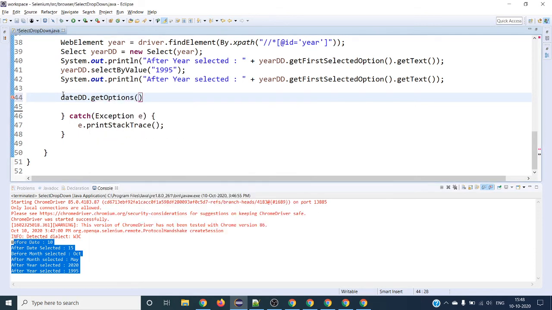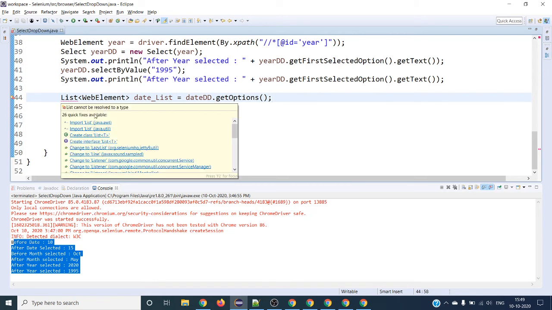So I'm going to take this and save it as a List of WebElement, dateList. We have to import this List class from util, so make sure you are importing it from java.util.